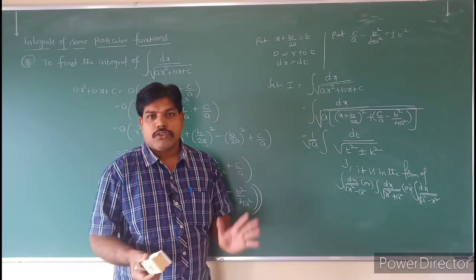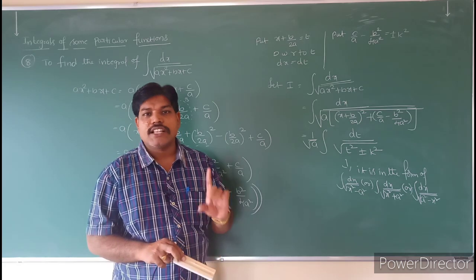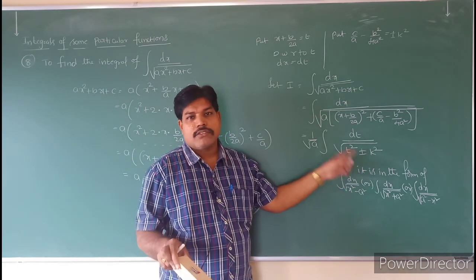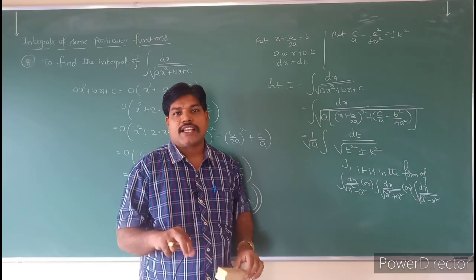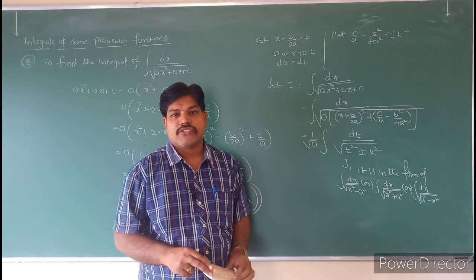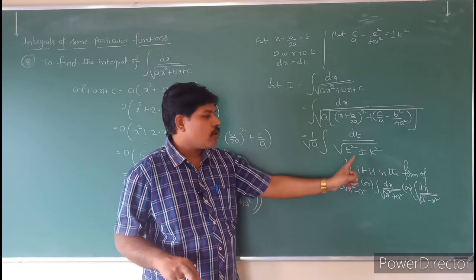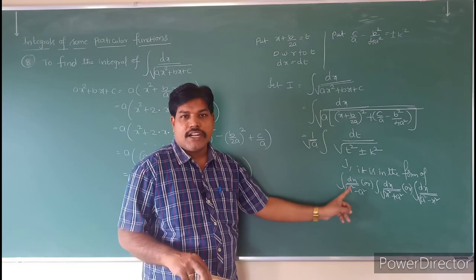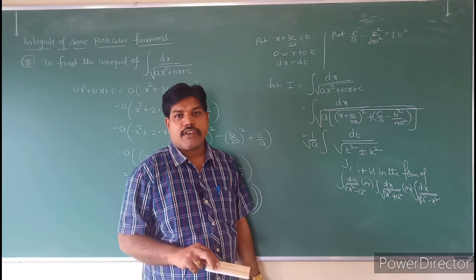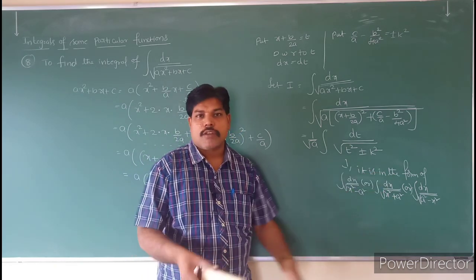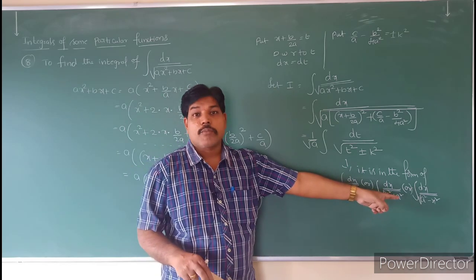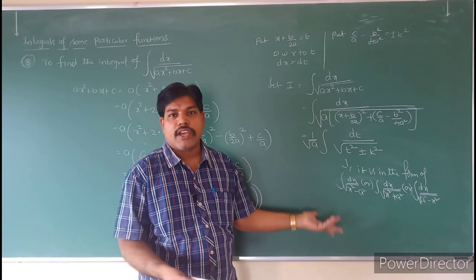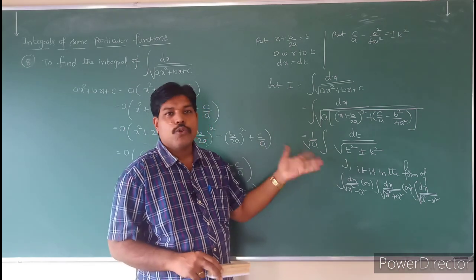Do you understand that? So the two problems are the same, only the difference is here. If the root is not given, it will convert into the form of dx by x square plus a square, or x square minus a square, or a square minus x square. If the root is given, then the problem is converted into the form of integral dx by root of a square minus x square, or root of x square plus a square, or a square minus x square. Then you can apply the formula. So these are two models.